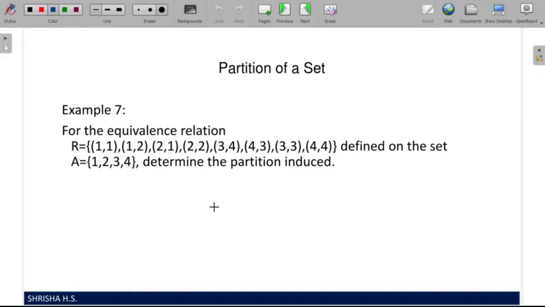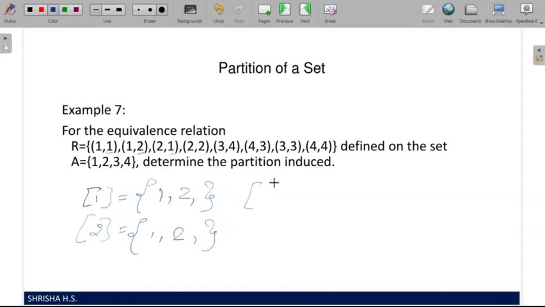We will see. You have to look at the second place in the relation. So we will write it like this. For the second place 1, what is the first place? 1. For the second place 1, what is the first place? 2. Now let's do it for the second element. For the second place 2, what is the first place? 1. For the second place 2, what is the first place? 2. That's it.